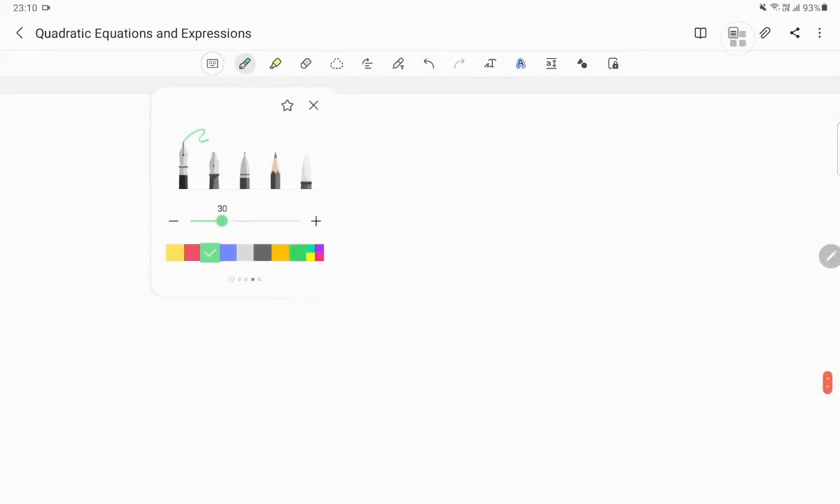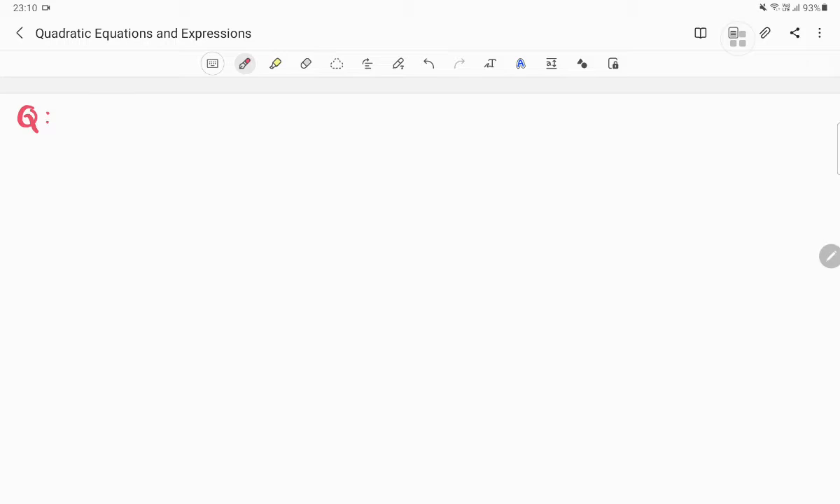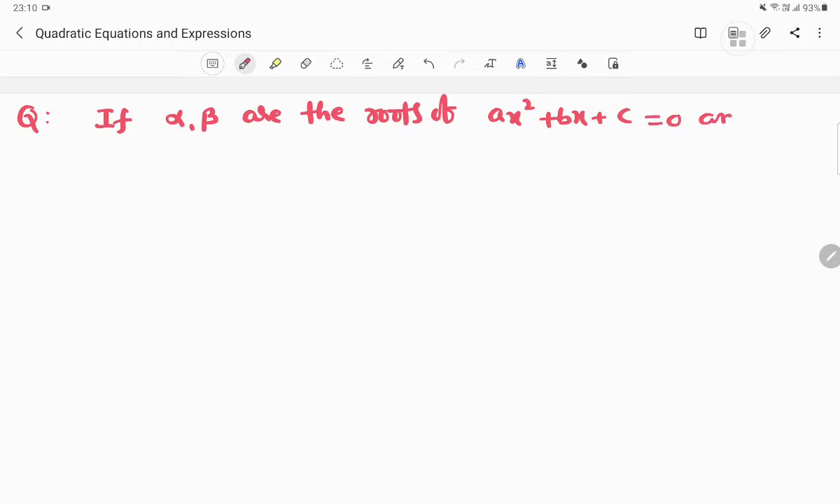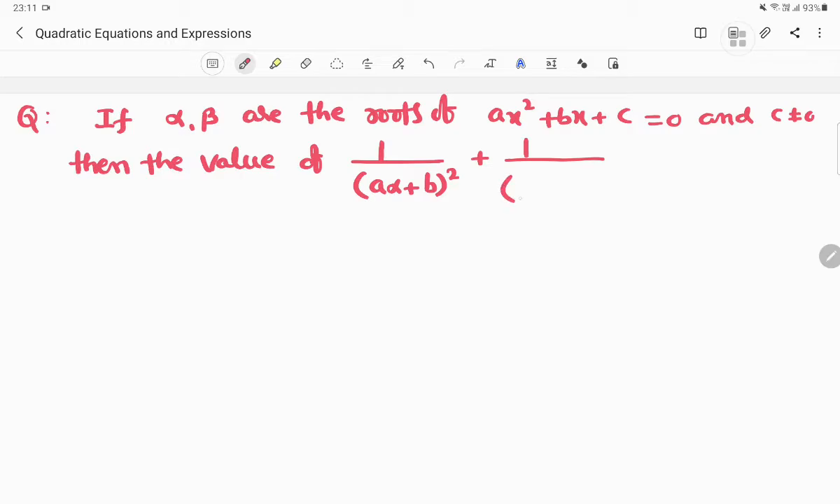And one objective question we will discuss: if alpha, beta are the roots of ax square plus bx plus c equal to 0, and c is not equal to 0, then the value of 1 by (a alpha plus b) whole square plus 1 by (a beta plus b) whole square is equal to